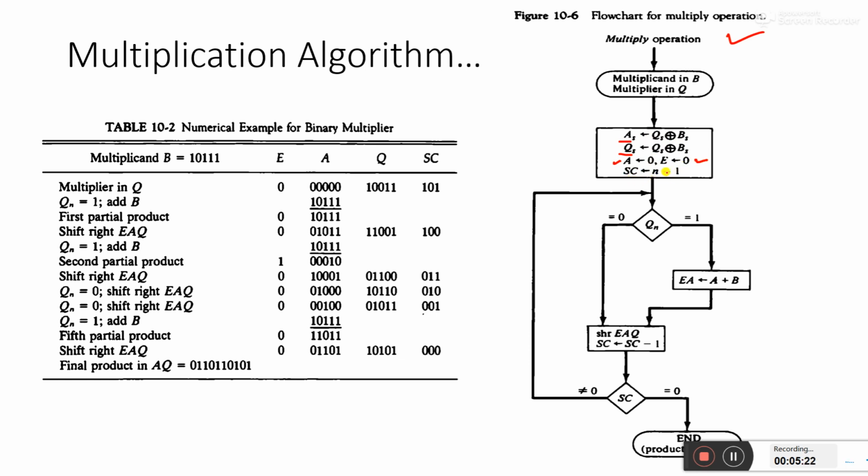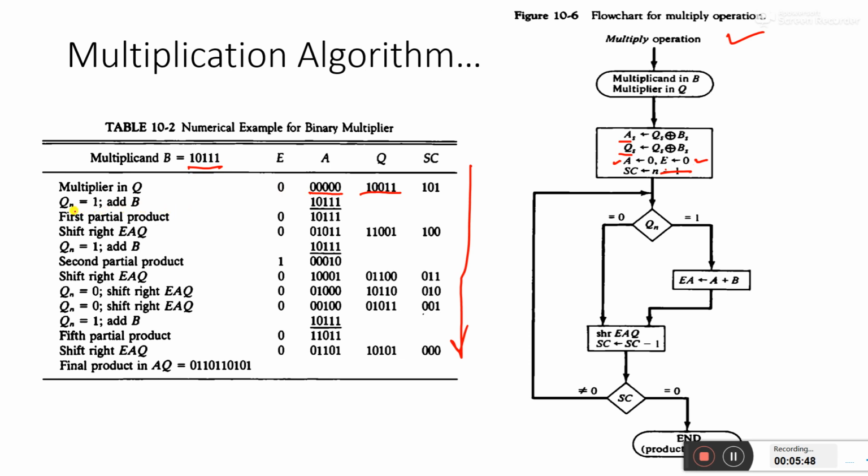Okay, so when I started to work over here, I found that there is a mistake. It is not n minus 1, it is n. Okay, n is the number of bits. So now let's see how it is working. Firstly, we have taken 0 0 0 0 as initialization. Q is the multiplier, B is the multiplicand, and now what will we do?